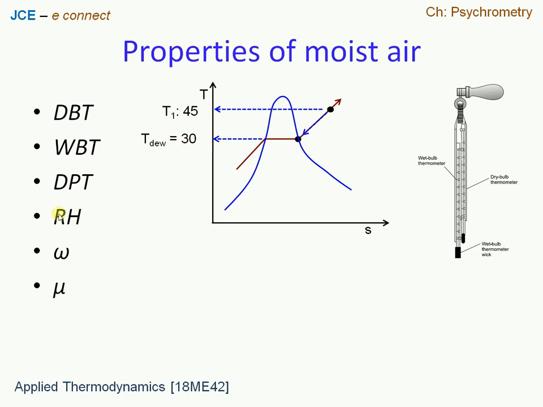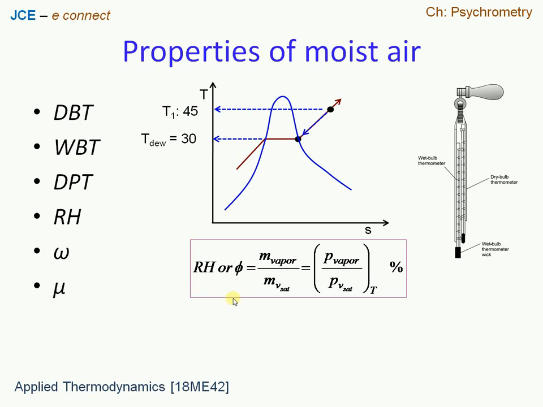Likewise the relative humidity. Relative humidity is defined as the ratio of the actual mass of water vapor to the mass of saturated vapor in a mixture of air and water vapor at the same temperature and pressure. It is denoted as shown here as mass of vapor to the saturated mass of vapor, and using the PV equals mRT equation one can replace mass with pressures,